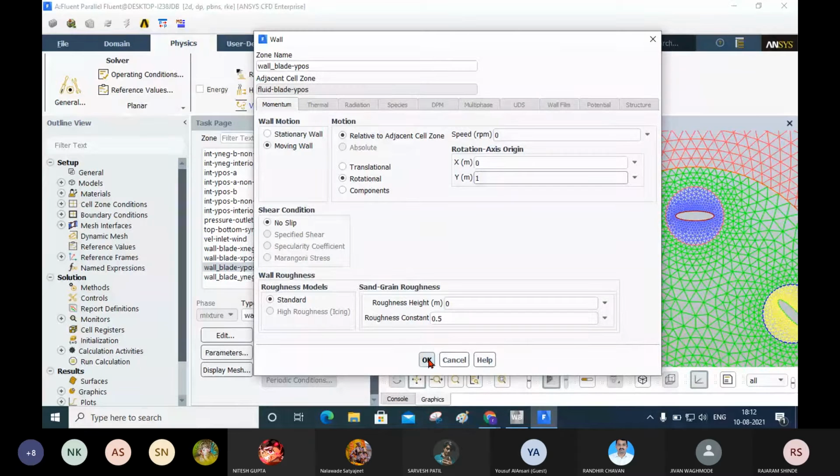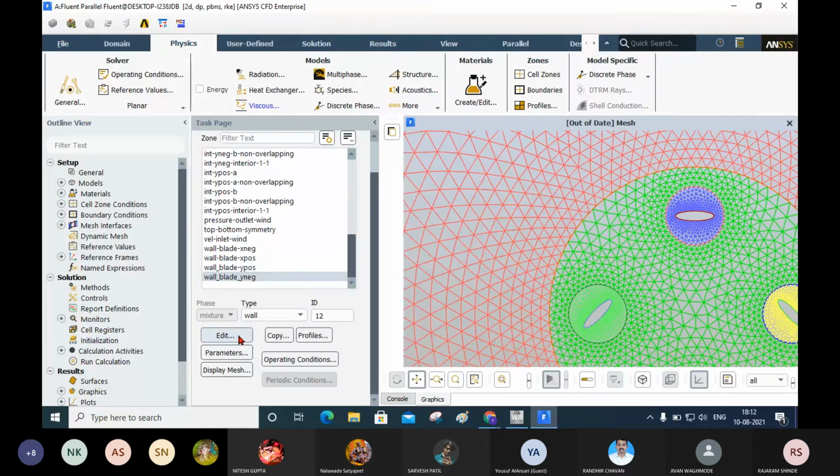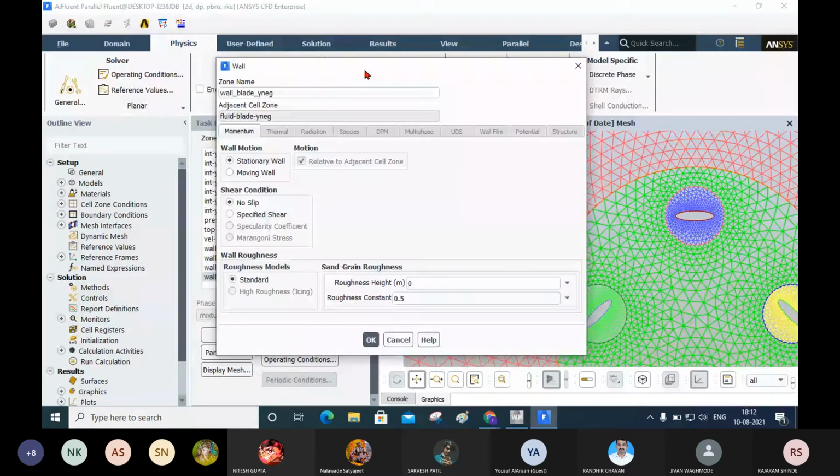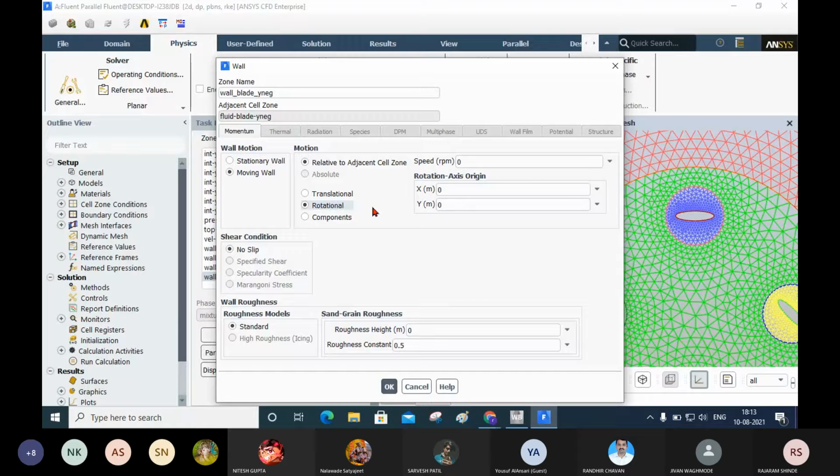Now this is your wall blade positive Y. Next, wall blade negative Y. I will click edit. Here it is also a moving wall with rotational movement, and the Y coordinate of the axis is -1. I will click OK here.